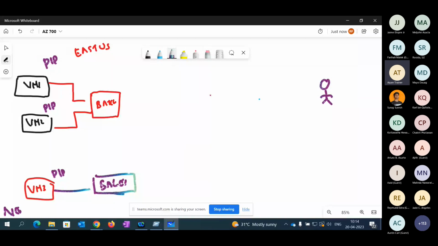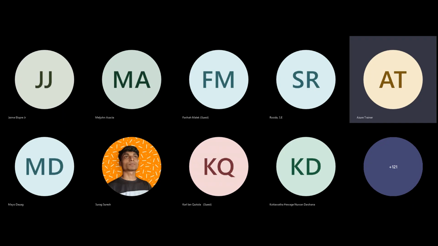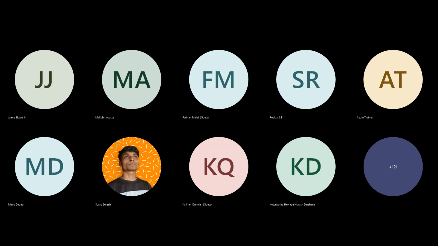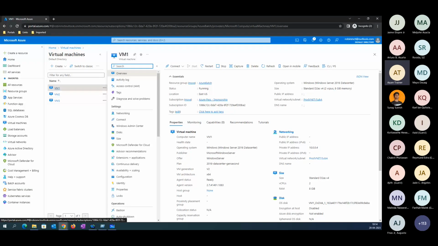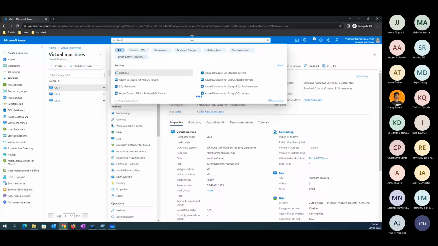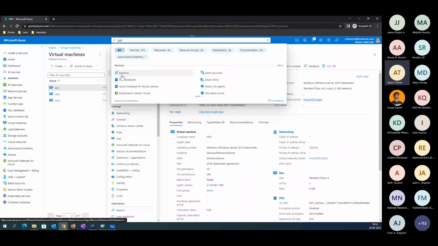You are enabling a service at the VNet level. This needs to be enabled at the VNet level. Let's go and show you how this is enabled. Right now, if you connect to this Microsoft portal, you have VMs available here. If you want to enable a Bastion service, you have 2 options. One, you have the option for Bastion here. You can select it here and configure it here.